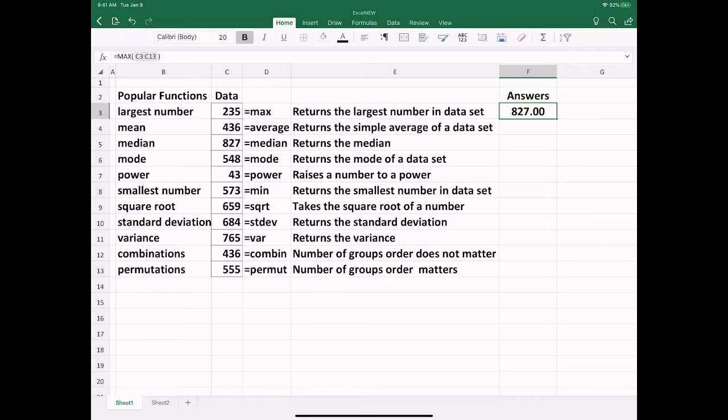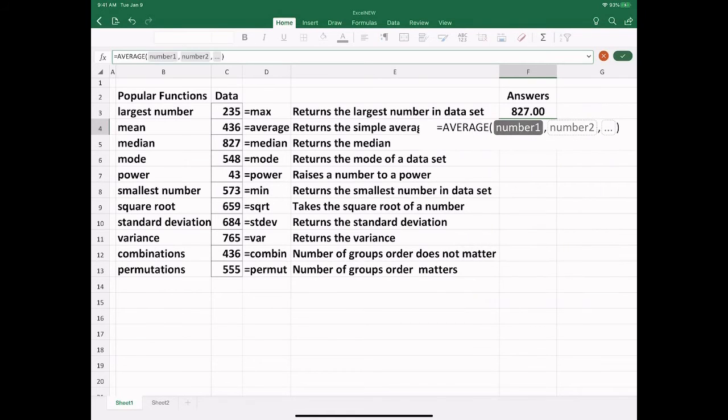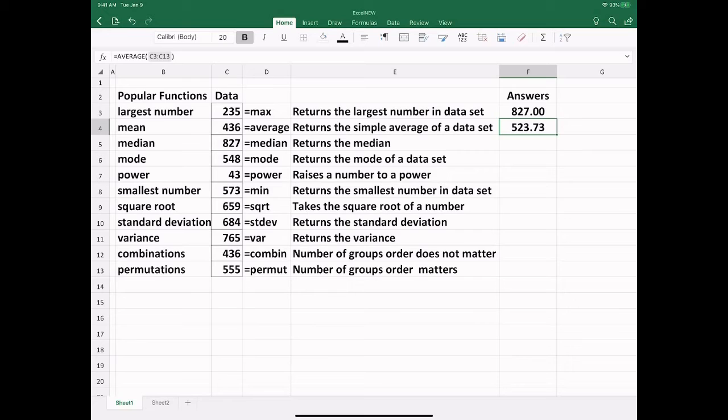The next one is one that's used much more often than most of the others. It's called mean. And mean is nothing more than the simple average of all of the numbers. And once again, we'll start out. We'll go to the second column here. We'll key in equal. And we start typing average. And as we do that, the drop-down menu gives us a lot of choices. We'll select average. Again, we will highlight all of the data. And when we hit the green check, it'll tell us that the average of all of the numbers in that list is